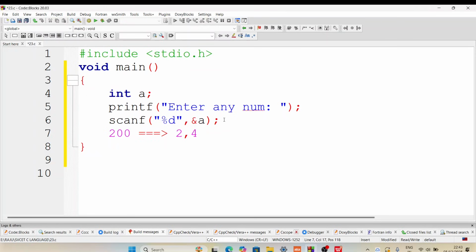Next, 4. Yes, 4 divides the 200 completely. In the same way, 5. 6 is not dividing, and 7 is also not dividing. 8, like that, it keeps going. Understood? So simple. So we have received the input. Now we'll go for checking the numbers starting from 2, whether each is dividing the input or not. If it is dividing, that number we have to display on the screen. Since we are going to check several numbers dividing our input or not, there is some repetitive